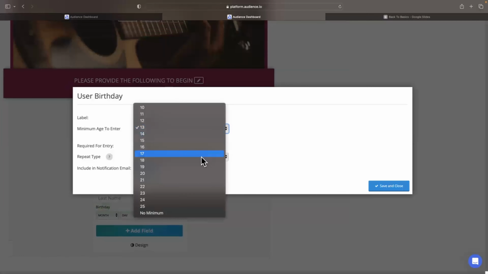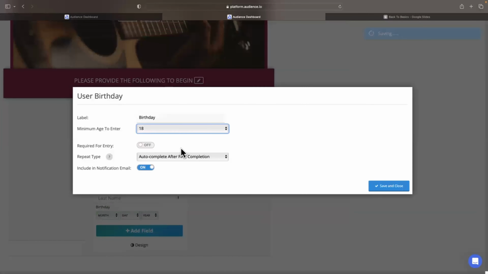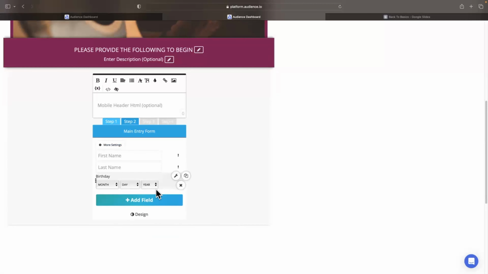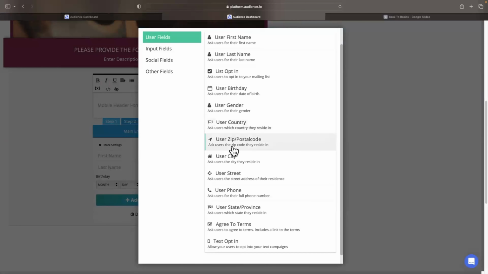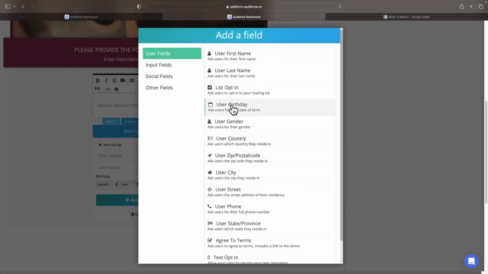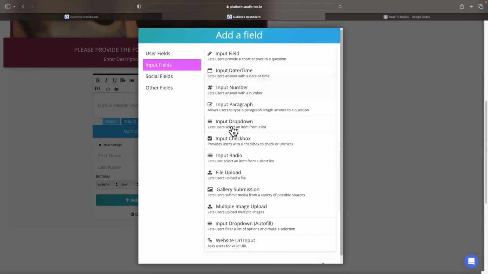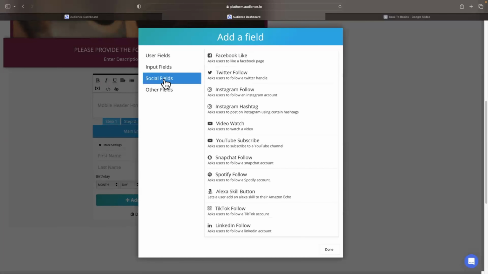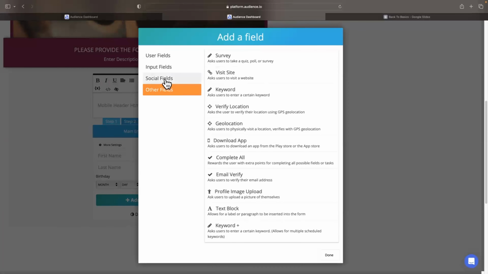Let's start this one at 18, and we'll make that required. And then, of course, as you move through the fields, you can add the address information, list opt-in, things like that. Here's our input fields. These are all very much available on other apps, so this will look very familiar.